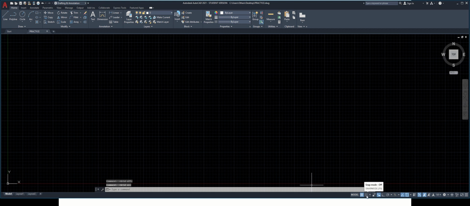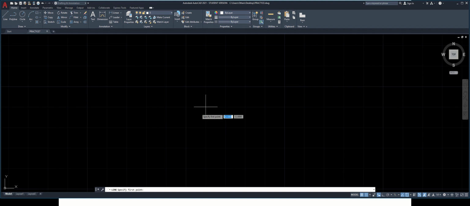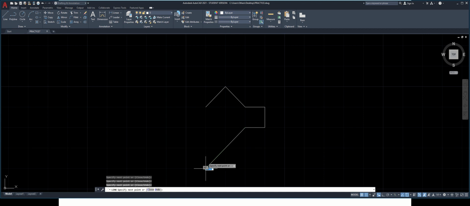Next to that we have snap mode. The shortcut for snap mode is function key F9. When snap mode is on, one can draw a line which will have its start or end point only at the corners of these grid boxes.